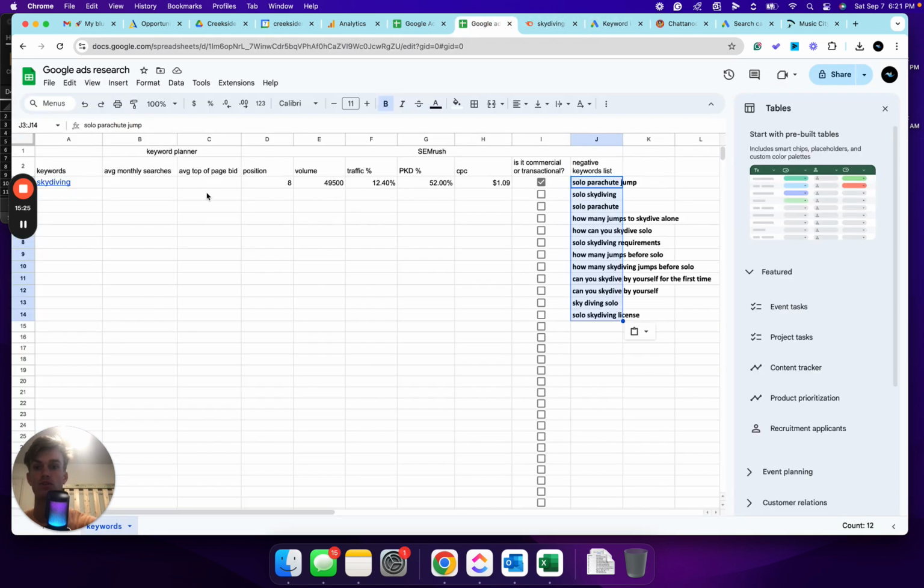Google. And the reason we put this in and compare it with this volume is because obviously Google is probably going to be a tad bit more accurate in terms of the search terms, or the average monthly searches, than what SEMrush gives us, because Google has a lot more data to access in terms of how skydiving,